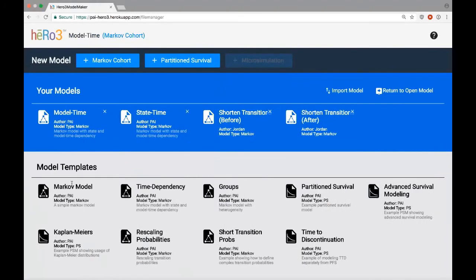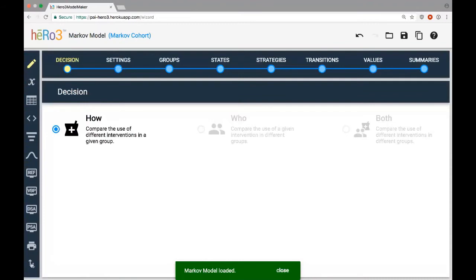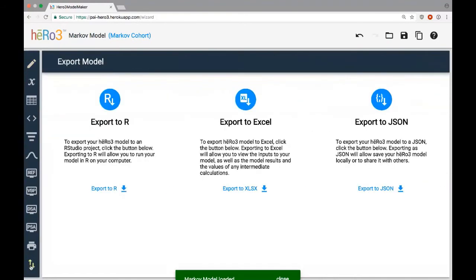One way is you can export it to R. Just to demo that briefly, over here we have a separate export page which allows for other export options. I'm just going to go to it over here, this icon in the sidebar. There are three different options here: export to R, export to Excel, and export to JSON. We already covered export to JSON.